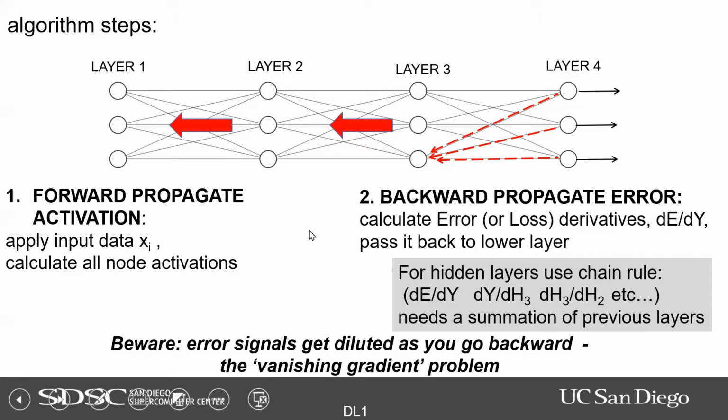And the other thing to be aware of is as you get deeper and deeper networks, as we get more layers, the error signals tend to get diluted. And this is called the vanishing gradient problem. So this has always been the issue for neural networks. We have a lot of parameters. We like the idea of having a number of layers because that adds to the flexibility of our functions. But the error information has to go back into more and more layers. It goes farther away from where the actual derivative started. So your information gets diluted.